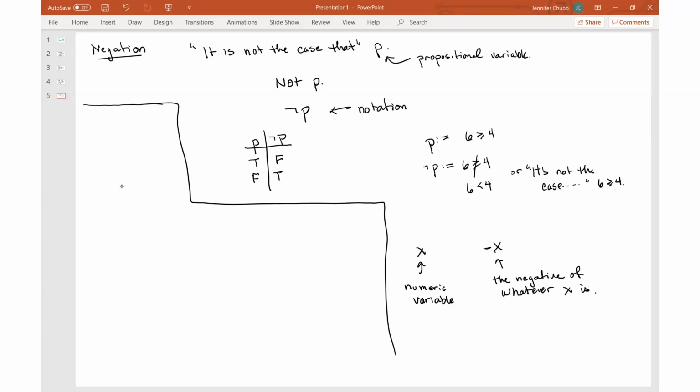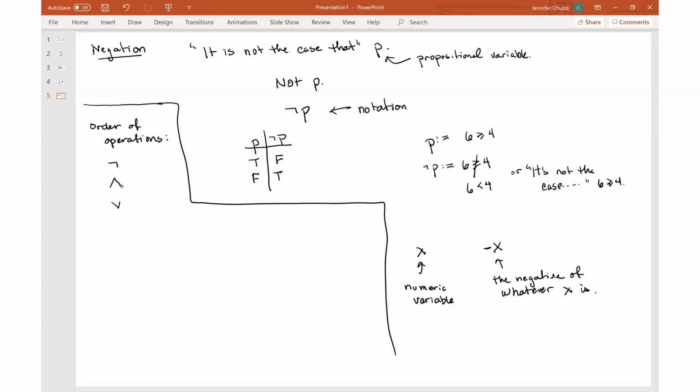It's always best when it looks weird to use parentheses. You have to remember, like PEMDAS, parentheses, exponents, multiplication, division, and then addition and subtraction. There's that kind of order of operations for these that we've just written down. First is negation,